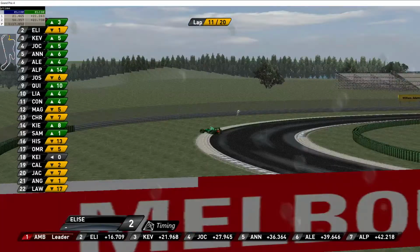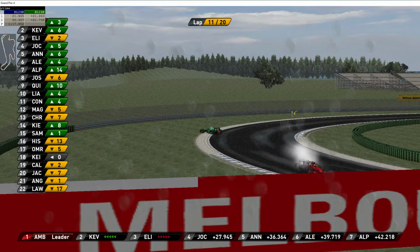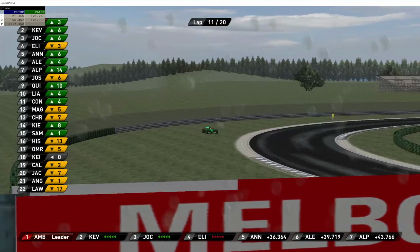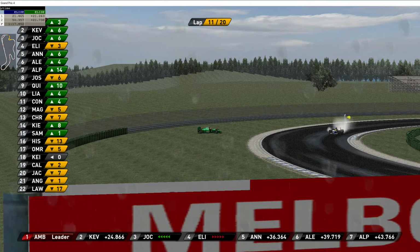Oh, Elise spun! Elise off! Oh, this was the risk. It was. Is she going to lose enough time that she loses the lead? She had a 10-second gap. I think she's lost 10 seconds. She'll have the pace to catch back up, but...